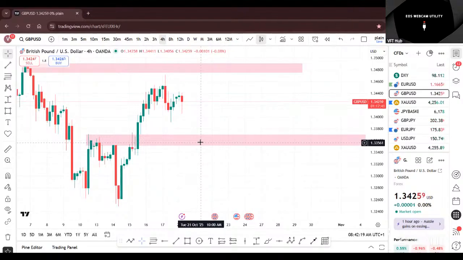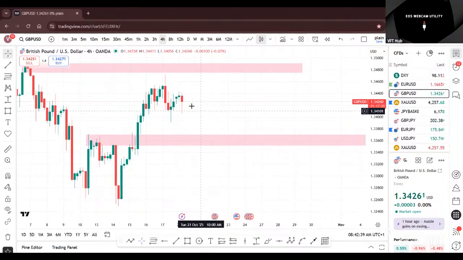expect a short-term sell on Euro USD, but I'll not be willing to take that because the distance to be covered is about 26 pips and it's not worth my kind of trade, except you want to scalp. If you want to scalp where you risk about 5 pips to make 20, then that's going to be a good trade for you. So for me, I would instead wait for Euro USD to get into that area before